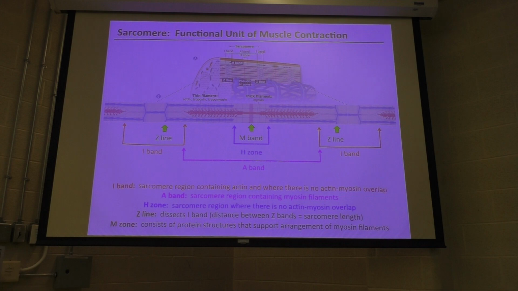All right, so this is more just like sarcomere anatomy. We have each sarcomere extending from Z line to Z line, and this is the functional unit, but you can think about it as a half unit, so a half sarcomere. Between